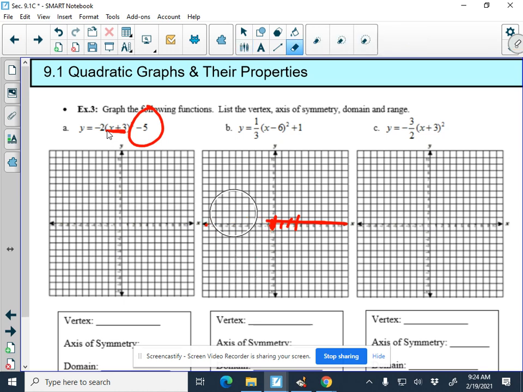So there is a fast way. These graphs today are in what we call vertex form. Now we're going to use our calculator. So it is good to have a calculator. We're going to type things in just to verify this. But what will happen, if you think about these things, one of the goals to figure out the vertex, which is what we're going to figure out first, is